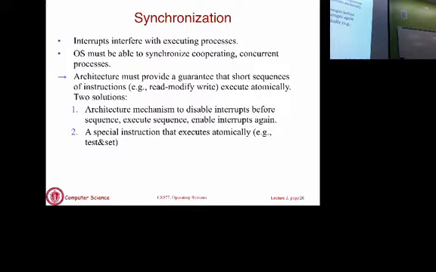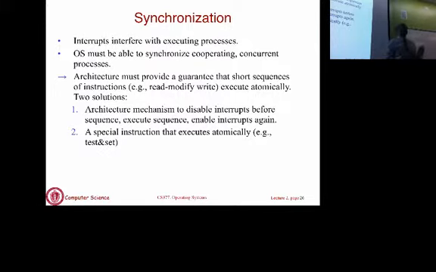Let's say you want process A to run, and while process A is running, you don't want anything else to interrupt it because it is implementing what is referred to as a critical section. The way you implement this in the underlying OS is you disable interrupts. So even if a trap occurs, the process is not interrupted. It will run until it's finished executing the critical section, at which point the trap or interrupt that had occurred will be handled. So you can mask or temporarily disable interrupts or traps.